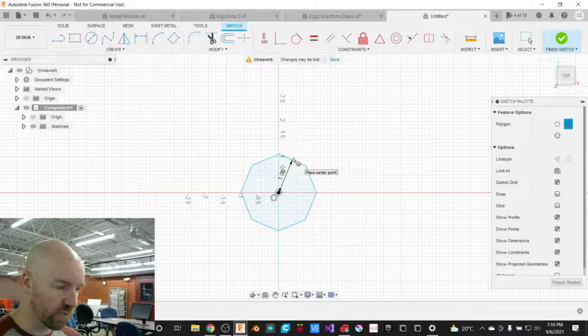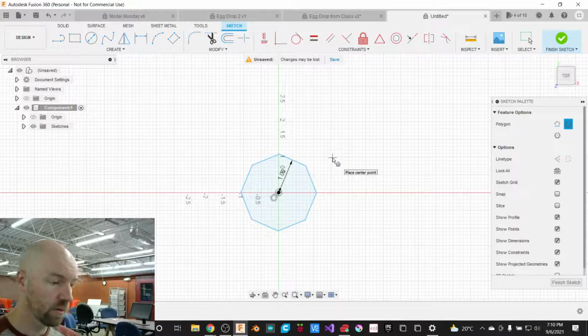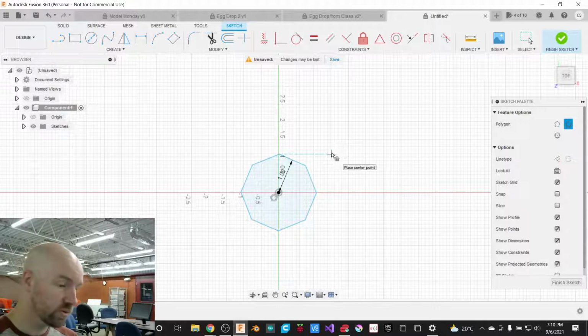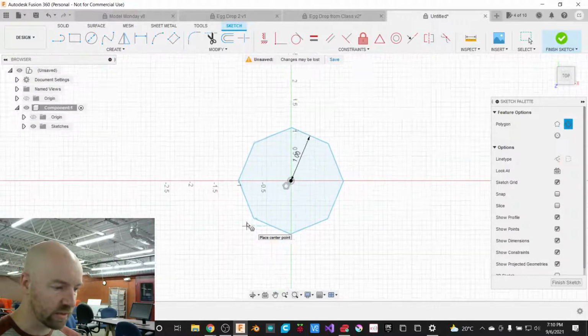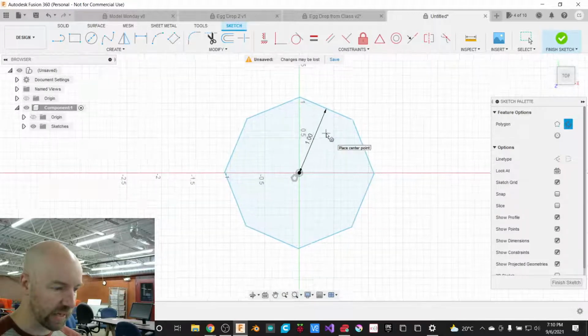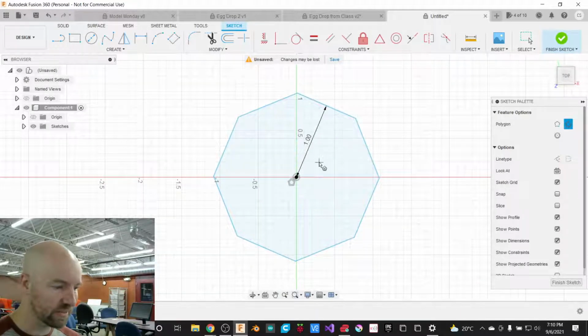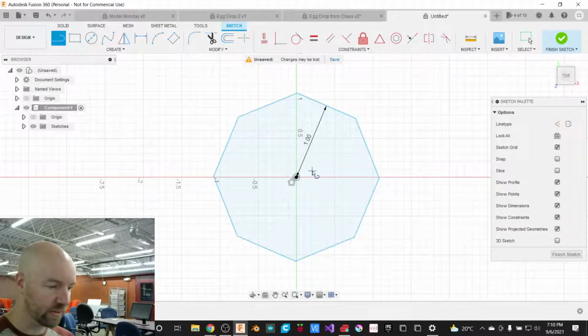So if we want, let's say you want to set that to be a specific angle from the horizontal plane. Sure. So I think the way that I would probably do that is I would place it in here in some way, shape, or form, and then I would draw another line. So if I use my line tool and I draw one more line here,